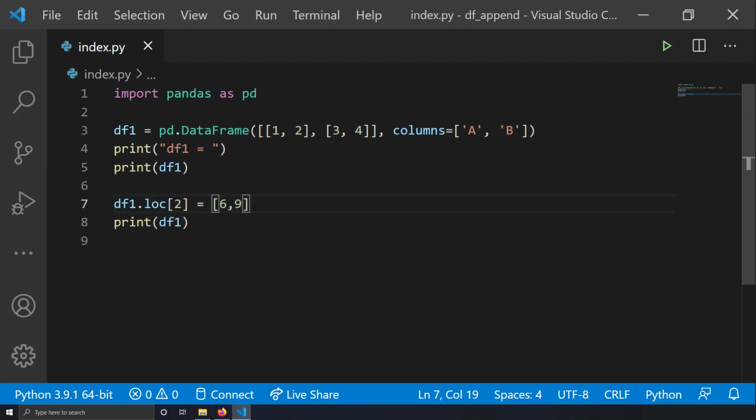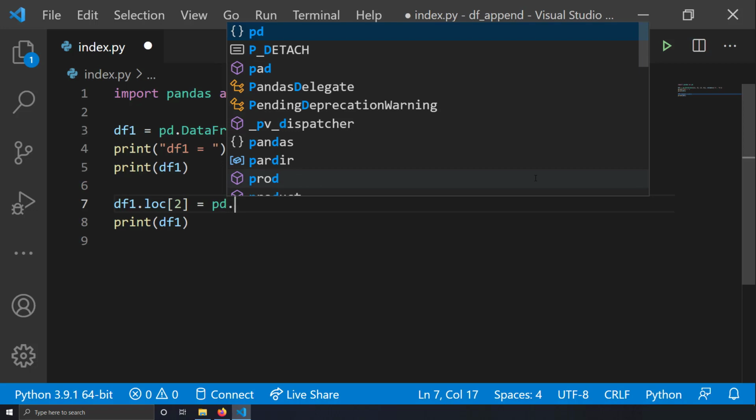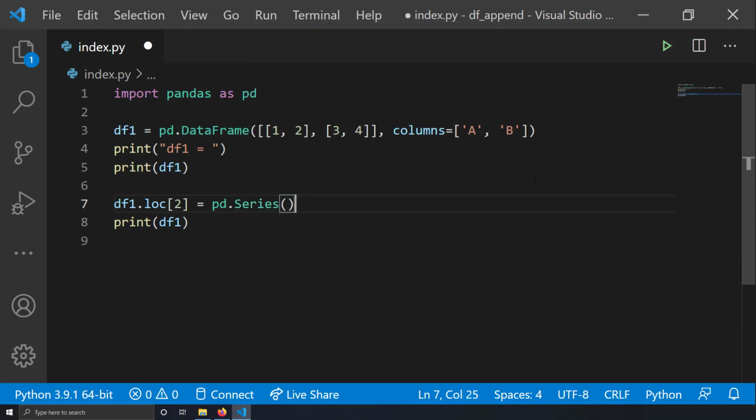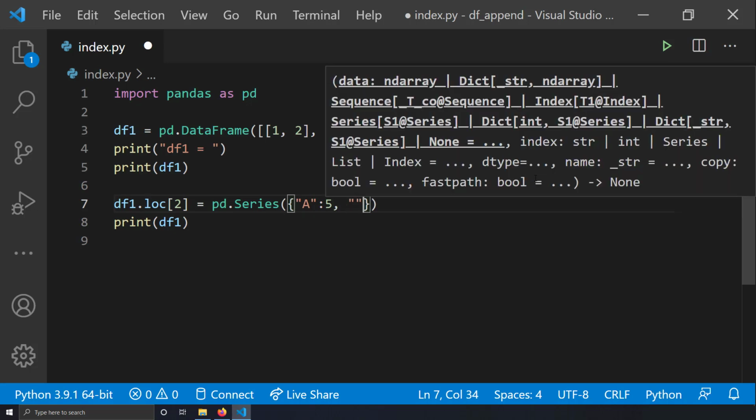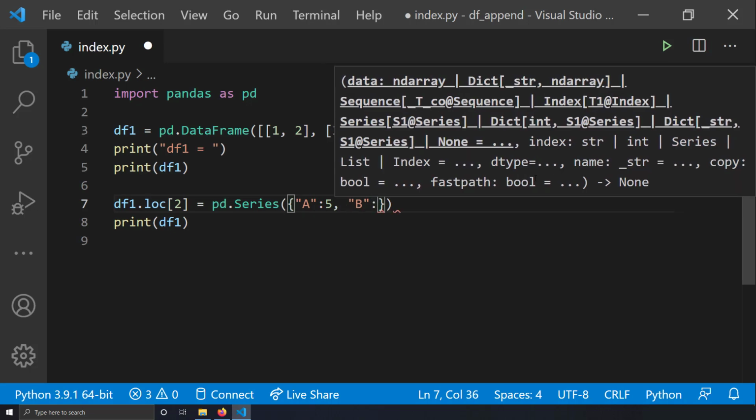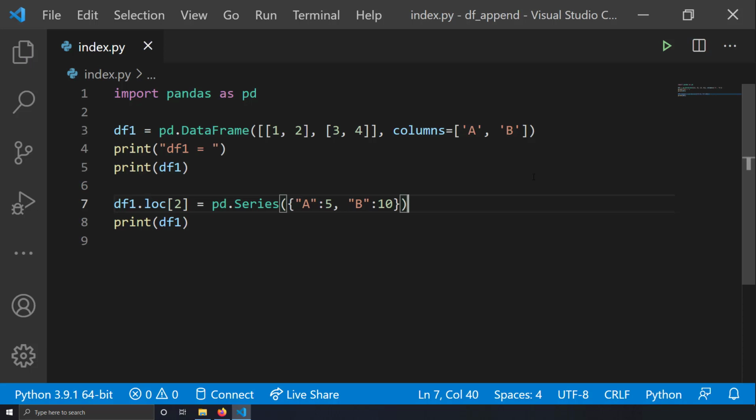And if your data has only 2 columns, this is good. But if your data has some 100 columns, and if you want to assign values to only some 3-4 columns in those 100 columns, how can you do that? You have to create a pandas series. Now I'll just write pd dot Series, and now I'll give an object to this with the names of the columns. So suppose column A value in this new row is something like 5, and the column B value in this new row is suppose 10. So what I'm telling is, at index location 2, this will be the data.